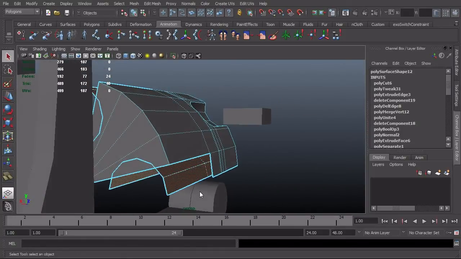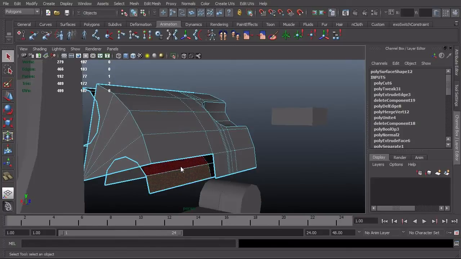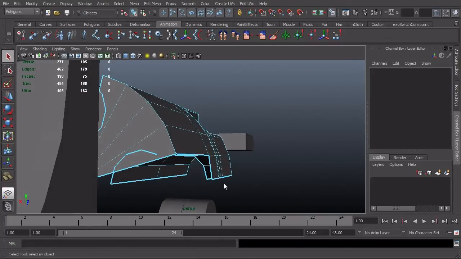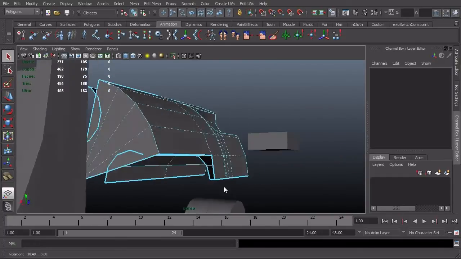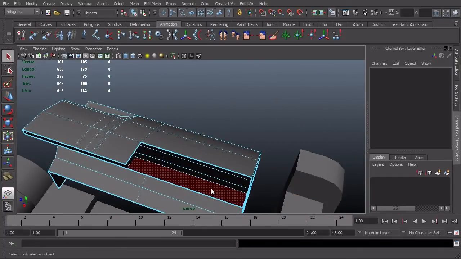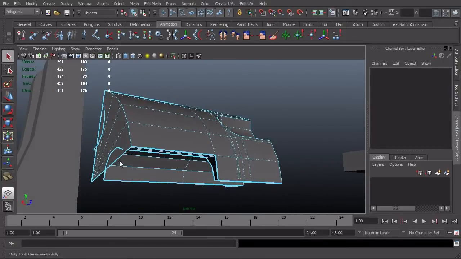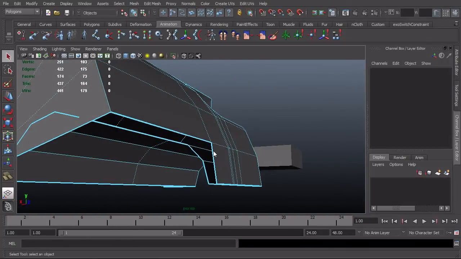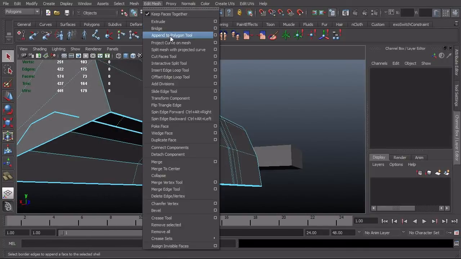So basically what I want to do is get rid of the faces where they are in my way. So let's see, like that. Looks pretty good. And then maybe these two. And then I'll just do a little bit of append to poly through here and see what we can make happen. So append to poly,